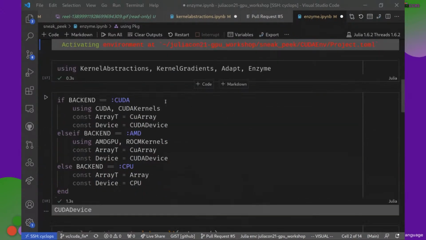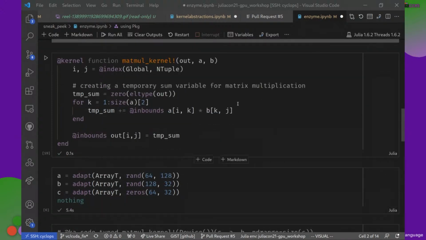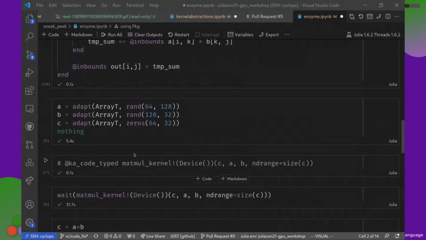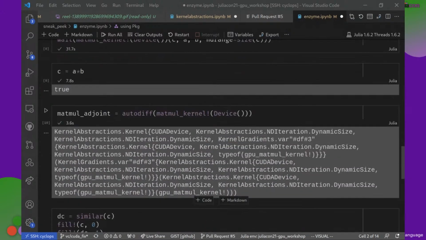And if we take this example where I wrote a very basic matrix multiply kernel, and I want to manually differentiate through it using an AD framework that doesn't have any knowledge about what this kernel actually does, it needs to go in and trace every operation that is happening. Now, in contrast to Zygote or any other differentiation tool in Julia, we can actually deal with mutations, and we can deal with GPU style code. So I can create my matmul kernel, I can create some inputs, execute it, make sure that the output is what I expected it to be, and then I can use this